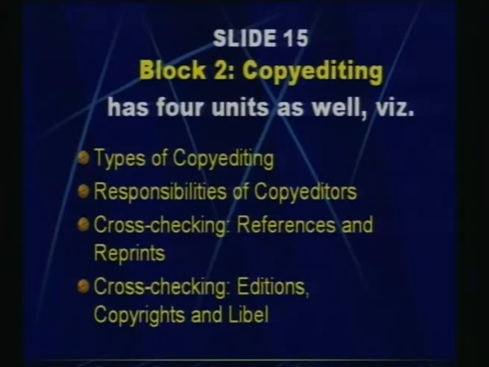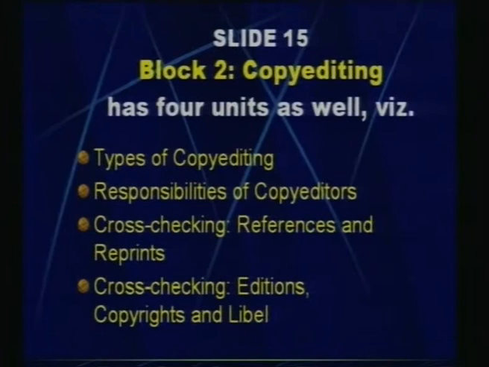Now, the last unit of this block, unit 8, continues the issue of cross checking, and it cross checks editions, it cross checks for copyright permissions, and he cross checks for libellous matter. Now, editions can be editions of a newspaper or editions of a book. Editions of a newspaper may be the Delhi edition, the Calcutta edition, the Chennai edition and so on, and there might be certain pages which are composed, which are of local interest, and therefore they are composed in the city itself. But the national edition will have certain pages which will have international news and so on, which is common to all the editions of the newspaper.